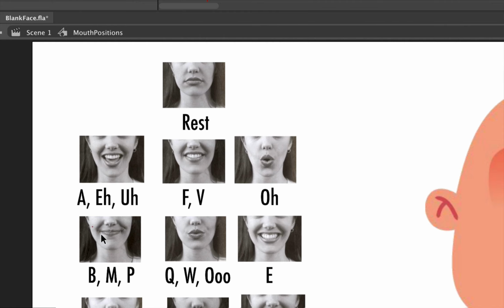Now with this one, the lips are together and the cheeks are spread apart. It almost looks like the resting position. However, they should be much thinner together. They're pursed, ready to make that particular sound. And so whatever you drew for the resting position, make sure that this position is a little bit thinner and